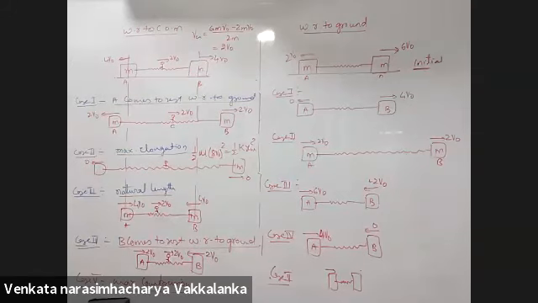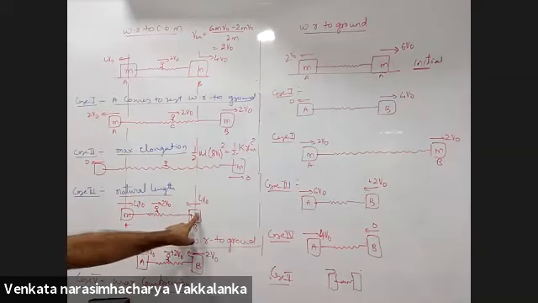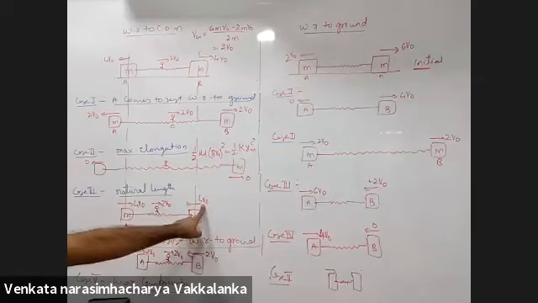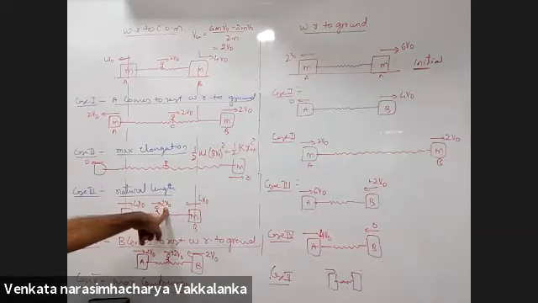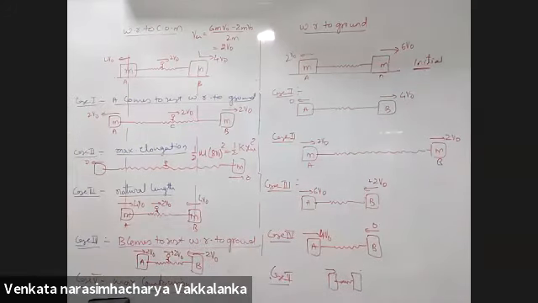Is the complete analysis clear to all? Yes, sir. Sir, what did you do of that minus 2v0, sir, in case 3? In case 3, where is the minus? Everything is plus. Sir, you were saying just now, with respect to ground minus 2v0. Velocity of B with respect to center of mass plus velocity of center of mass with respect to ground is velocity of B with respect to ground. Yes, sir. Minus 4v0 plus 2v0, I'm getting minus 2v0. That means it is in backward direction with 2v0. Acha, like that. Okay, okay.